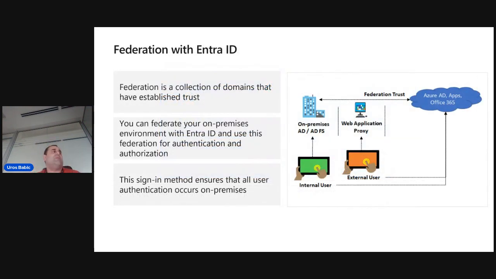And you can deploy federation. Finally, that is a collection of domains. You have established trust. The level of trust may vary, but typically includes some authentication, and almost always includes authorization. A typical federation includes a number of organizations that have established trust and share access to a set of resources, and you can integrate it